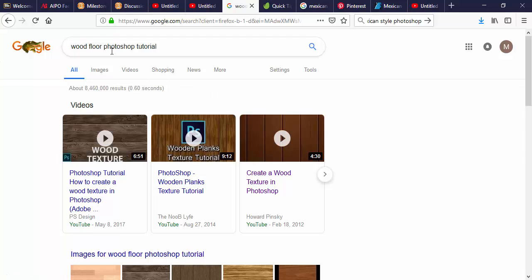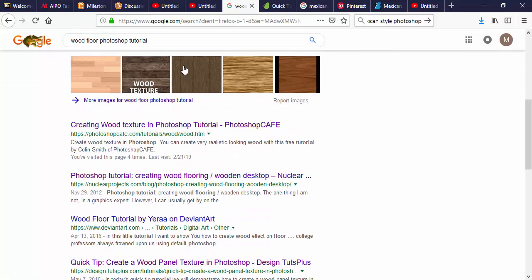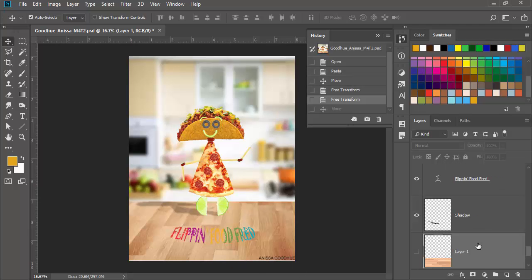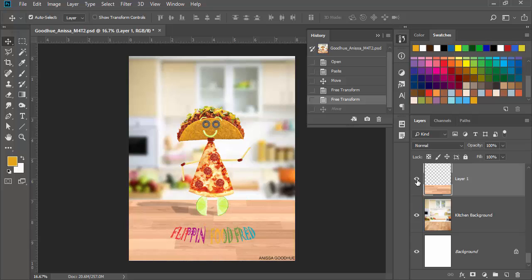I searched wood floor Photoshop tutorials, tons of tutorials that will show you step by step how to create that texture yourself. I did about 15 minutes and I was able to create something. And so what I did, I brought it in,